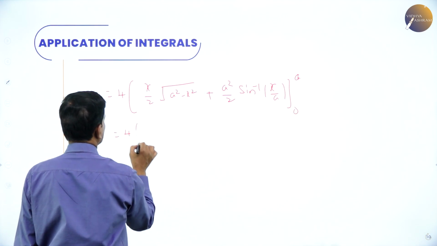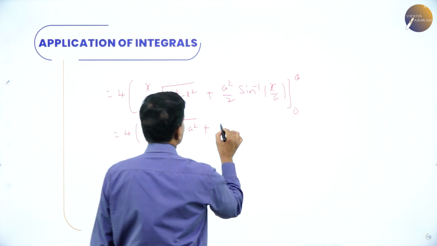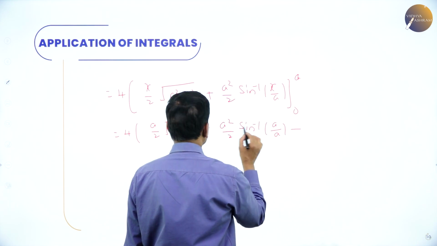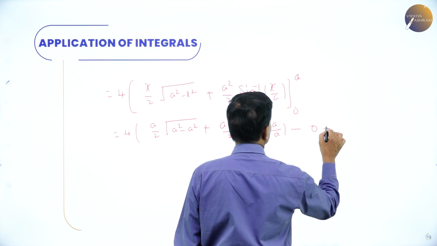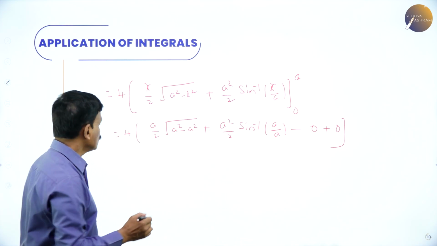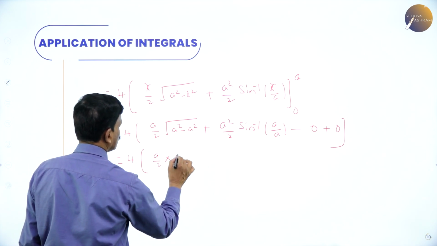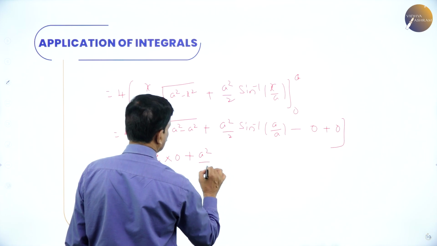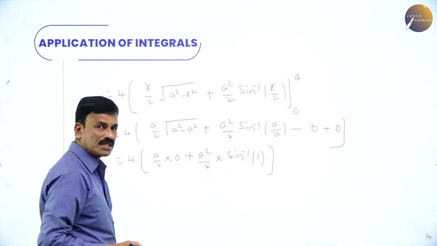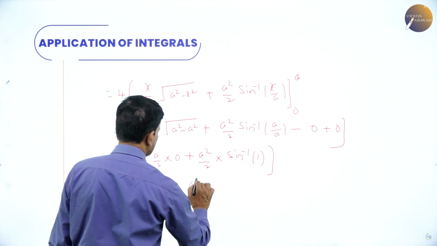Now this is 4 into, apply the limit, a by 2 into root of a square minus x square is a square plus a square by 2 sine inverse of a by a, minus lower limit 0 into any number is 0, plus a square by 2 sine inverse 0, which is also equal to 0. Now listen. So this 4 as it is, 4 into a square by 2 into a square minus x square is 0, plus a square by 2 into sine inverse of a by a is 1, remaining constant 0 as it is. So this is 4 into a by 2 into 0 is equal to 0